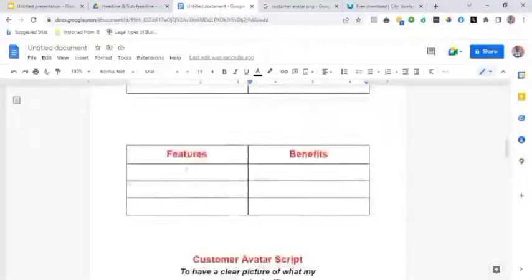Now, the next part is you want to find out the features and the benefits of your product. People don't buy products based on the features that they have. People buy those products based on what? Based on the benefit that those features can offer them. Take, for example, you did not buy, let's say,